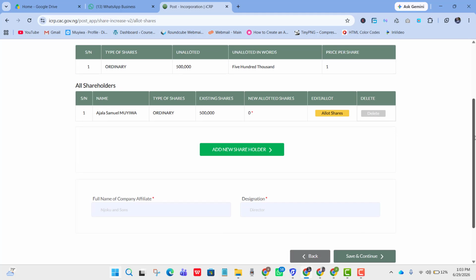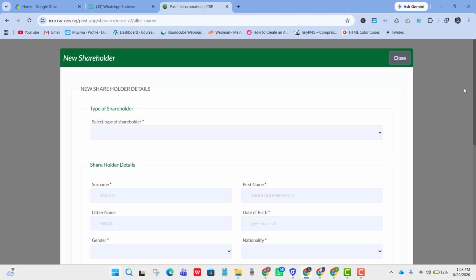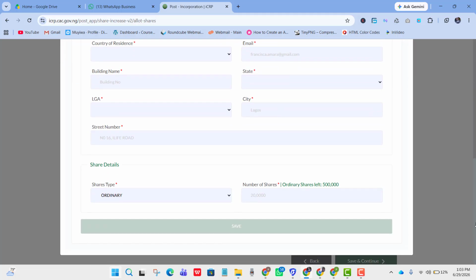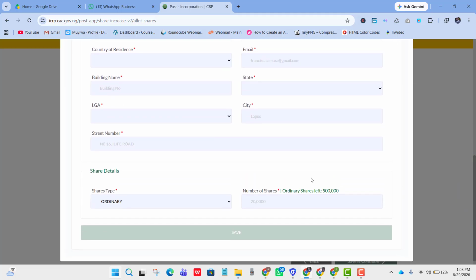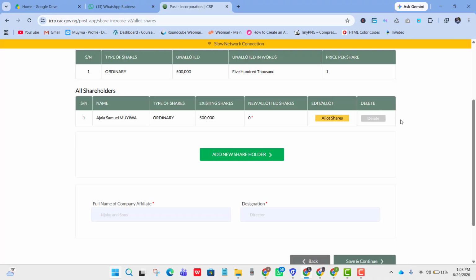But if you want to add a new shareholder in this case, just come here and click add new shareholder. You will need to fill in the new form of the new shareholder, everything just like you're adding a new shareholder. And once you have done that, as you can see here, if it is the 500,000, you give it. If you're adding two shareholders, of course, you divide it just the way you used to do before, and then you're going to save that. But if you are giving it to the previous or the existing shareholders, of course, it's almost the same. If you have more than one shareholder and you still want to allot it to the existing shareholders, you also do the same, but the more division